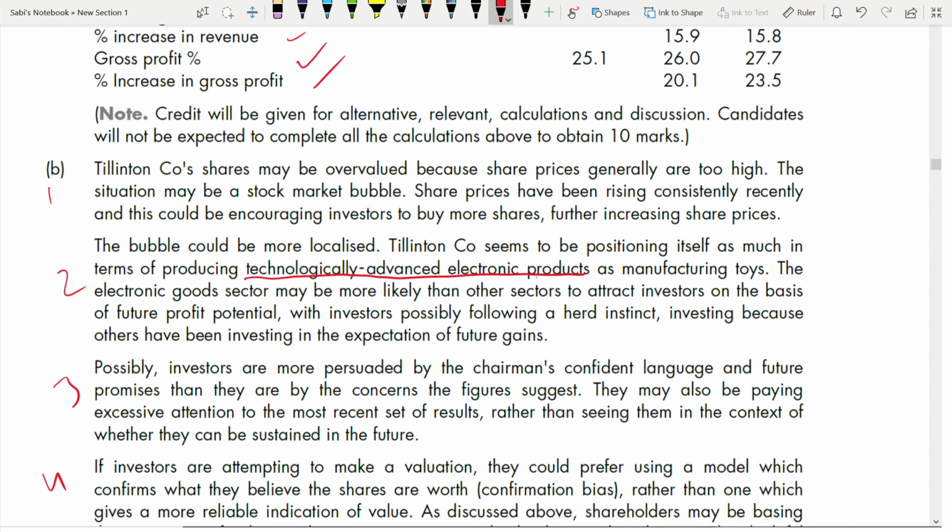As manufacturing toys, they want to position themselves as technologically advanced electronic products as manufacturing toys. So the electronic goods sector may be more likely than any other sector to attract investors. Correct, it's true, right? We are more attracted towards the electronic sector on the basis of future profit potential. We assume that in the future the profit will increase. We are going to get a higher profit from this sector. So based on that assumption, we go and invest in electronic goods. So the share price increases. So with investors